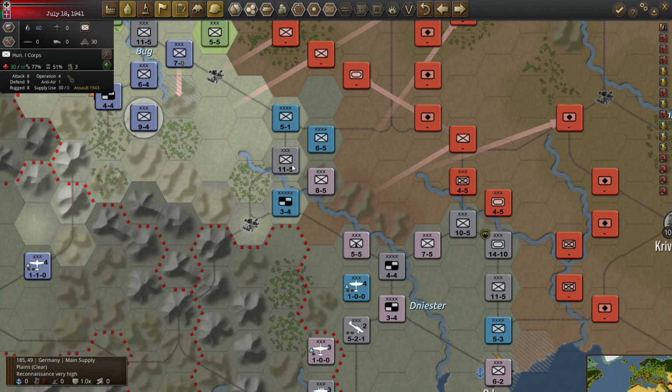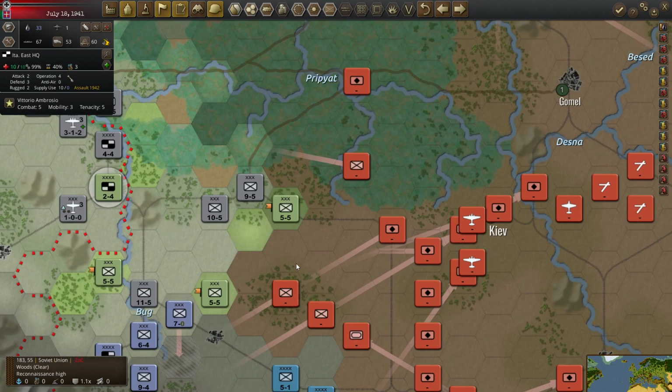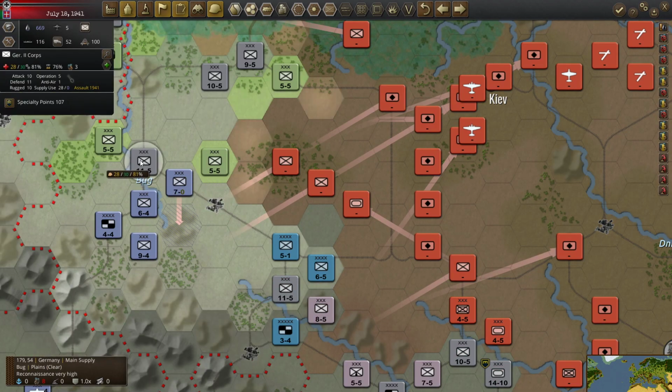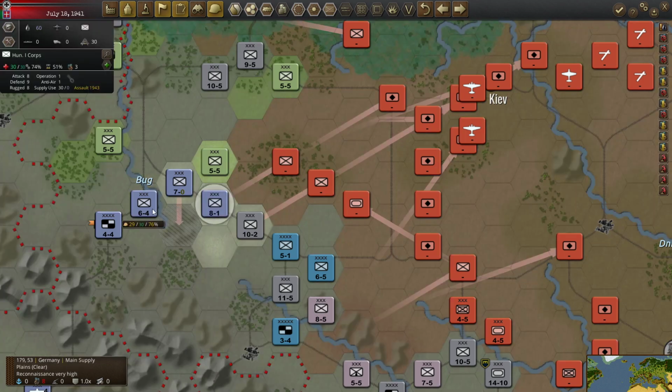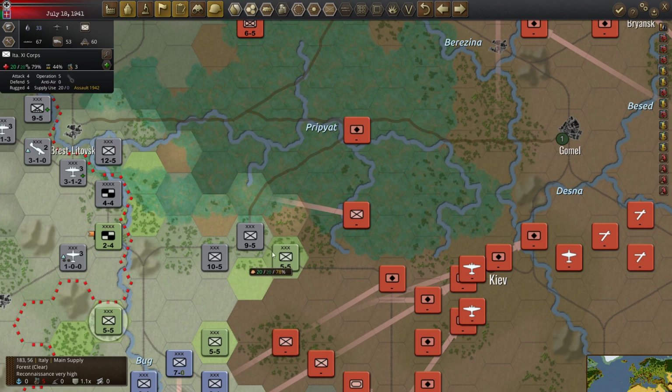I'm sort of also trying to move the Yugoslavians down this way to keep them within their headquarters range, trying to keep the Italians up here near their headquarters range. Well, we may get them all the way to there. So,